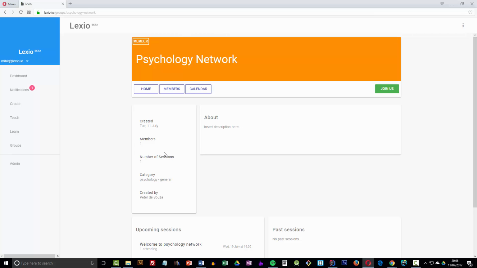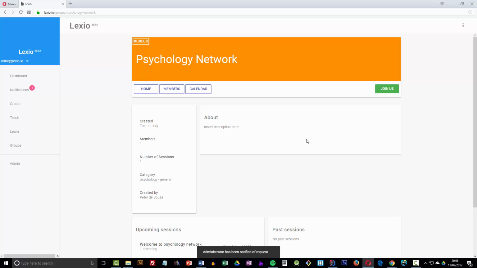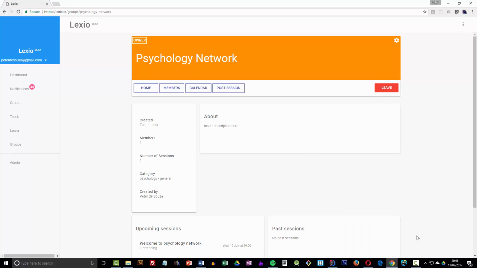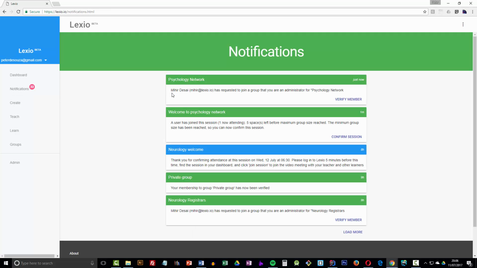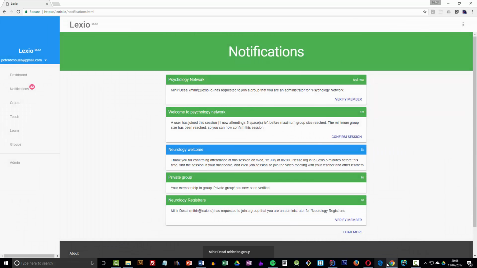Let's go back onto his account. We're back on Mihir's account, and this time when we click join, it's going to give us a prompt. It says this is a protected group and an admin must authorize your request to join. Send request, OK. Administrator has been notified. I'm the administrator. I'll go to my notifications, and it says here Mihir has requested to join a group that you're an admin for. Let's verify him because we know him and we want him in our group. Click OK, and back to